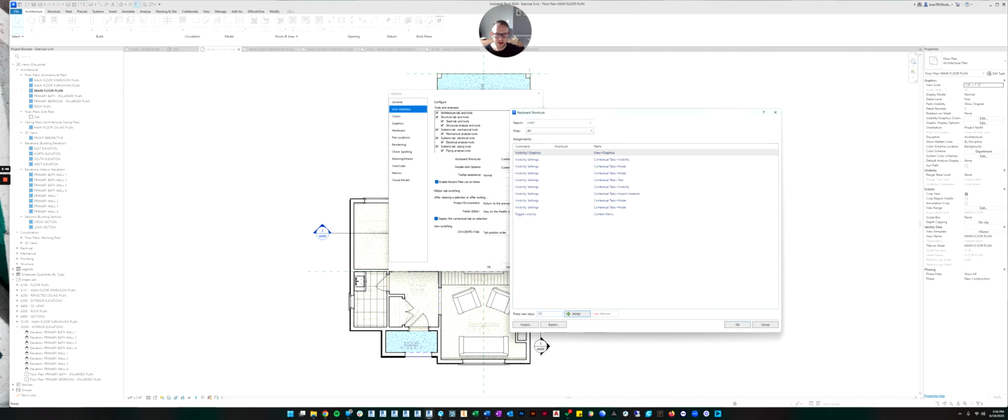I'm going to put VG back and I'm going to hit assign. And it gave me an error because it still thinks that VG was already assigned to visibility graphics. So it's just telling me that it's assigned somewhere else. But it's great because if you have that shortcut that you're trying to enter, if it's already assigned to a different command, it will pop up with that window and it'll let you know what it's already assigned to. So I'm just going to click.